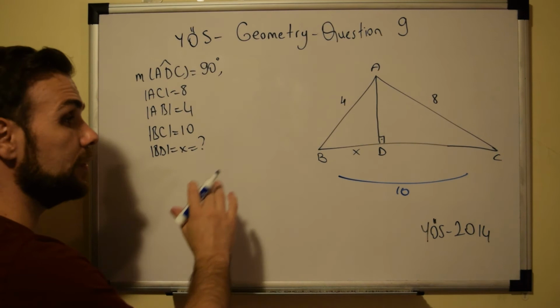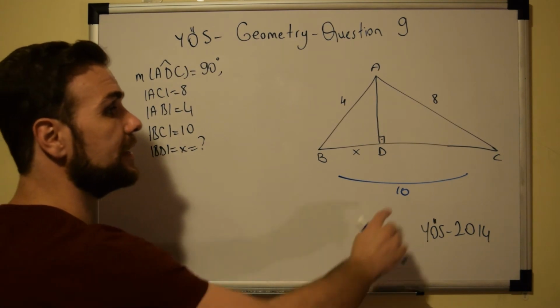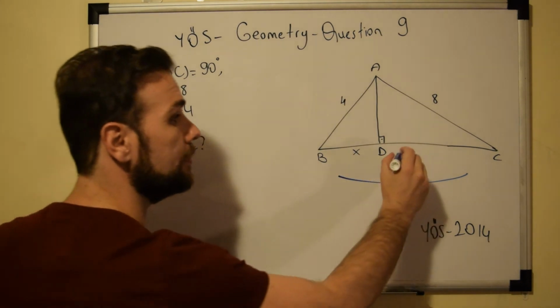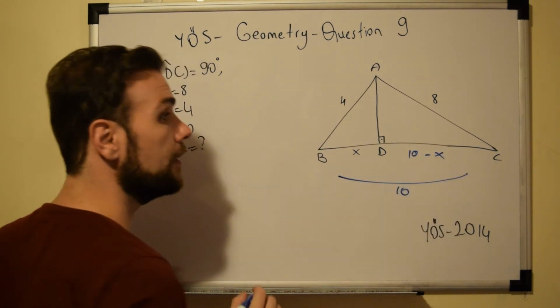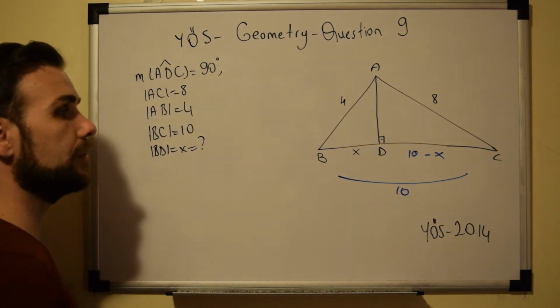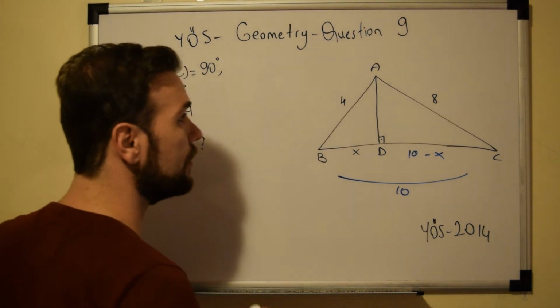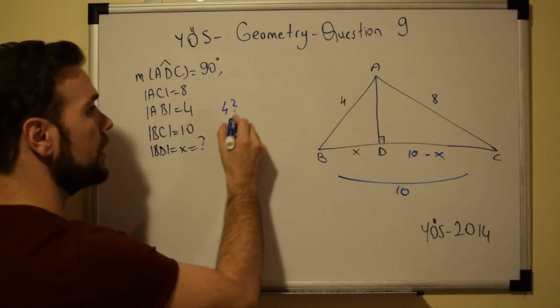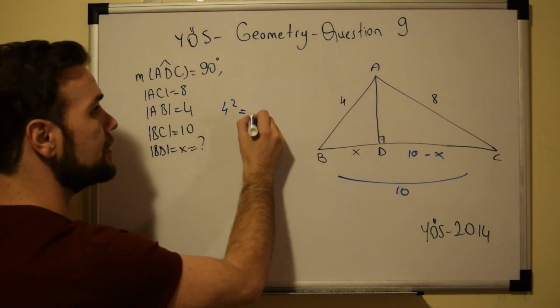Now, the first step that we have to do is to find the length of DC. What will be the length of DC? It will be 10 minus x. Now, since we are dealing here with two right triangles, we're going to use the Pythagorean theorem. What does that theorem tell us? That the hypotenuse, which is in this case 4, squared, is equal to x squared